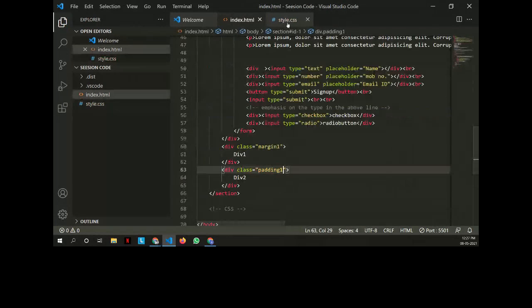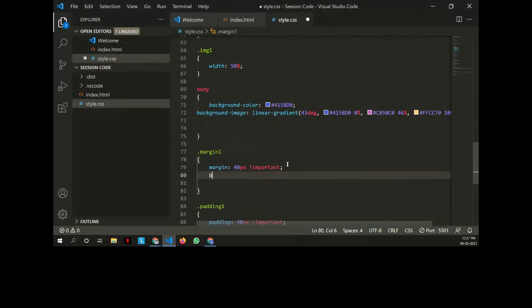Let me just add some background color so it's more visible.